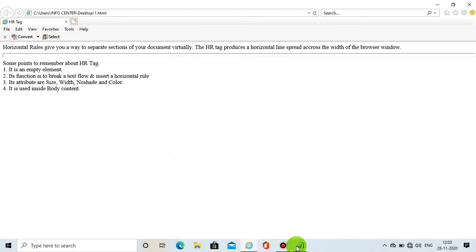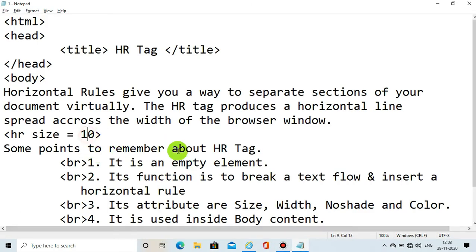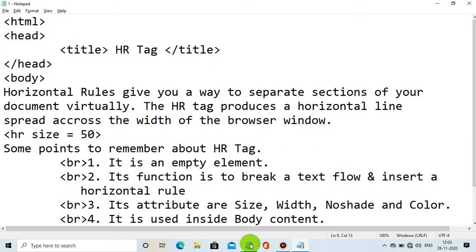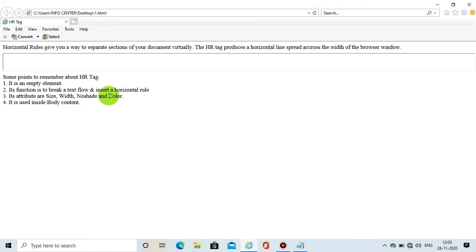Now again if I change, in place of 10, let me write 50, and now again save and go to browser and refresh it. You see now the size is changed, yes or no? So this way you can use the size attribute to make the line thicker. Okay,